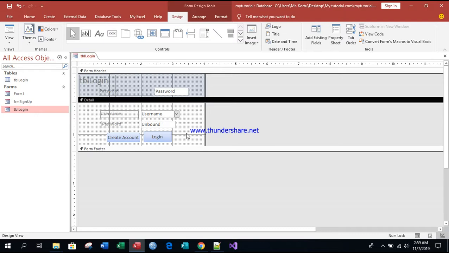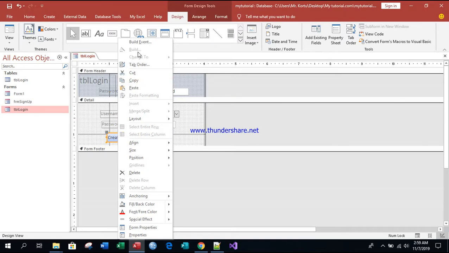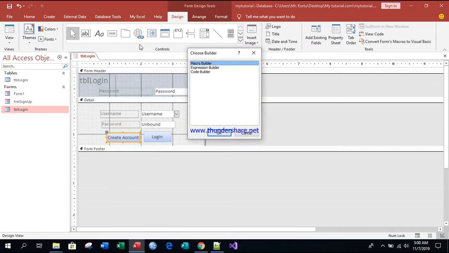So what we have to do now is, since we've created it, the name of this particular button here is create account. The next thing we have to do is go to our event builder. We take our macro builder. So we click on the